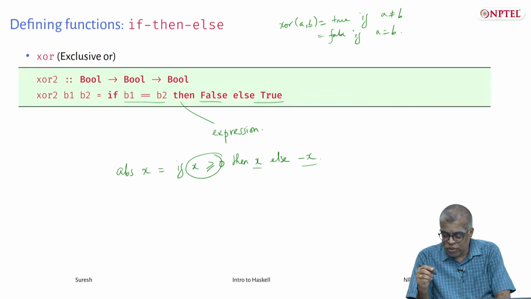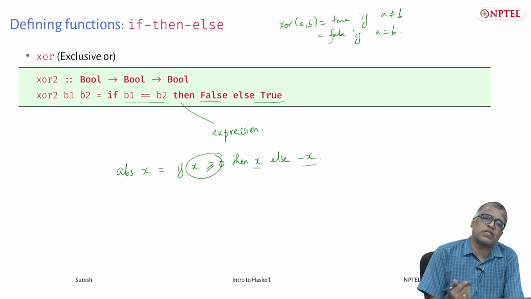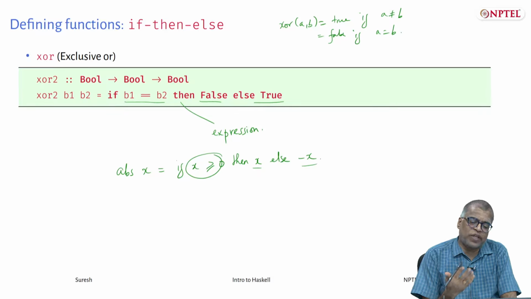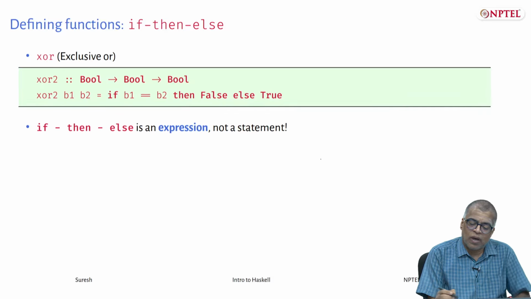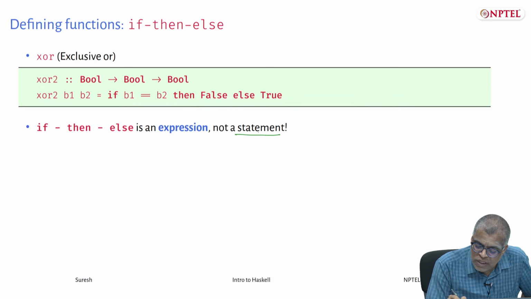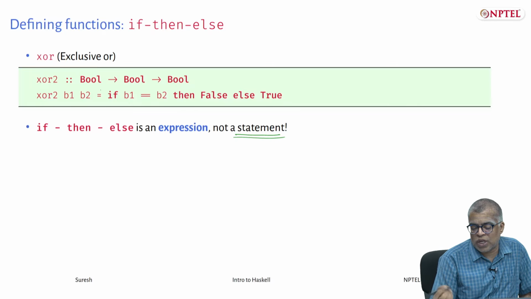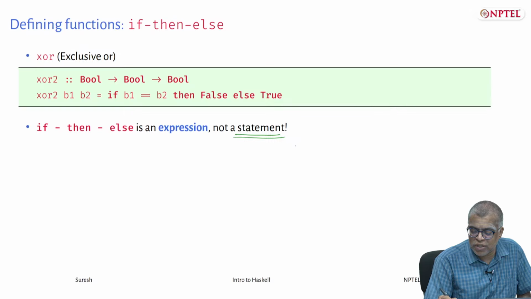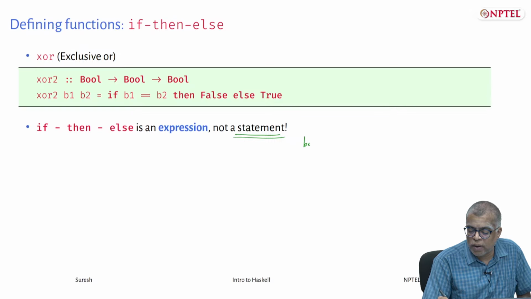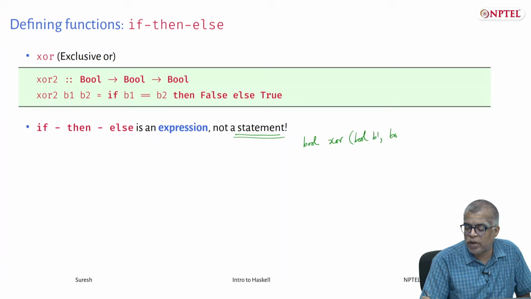Okay. So, this is important to remember because if then else is a standard feature in many other programming languages, but in those programming languages it is a statement. Okay. So, the same thing you would write in a language like Java or C or some other language like this: bool XOR bool B1, bool B2,